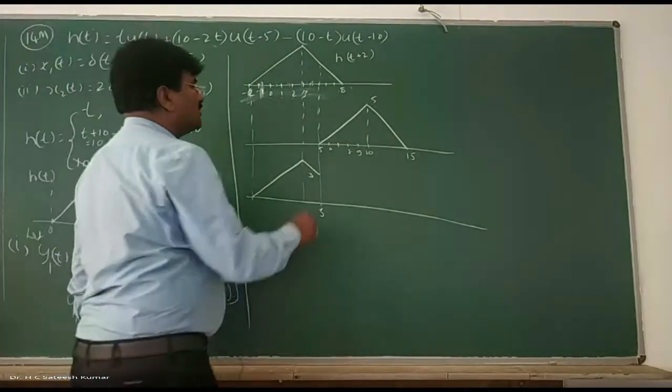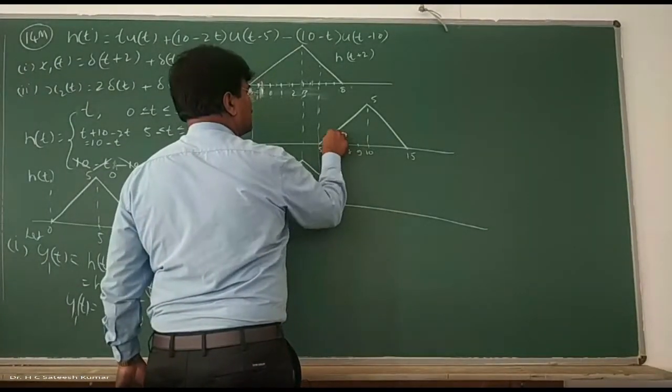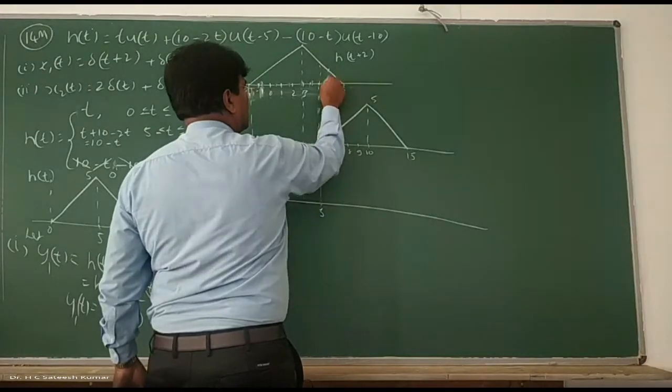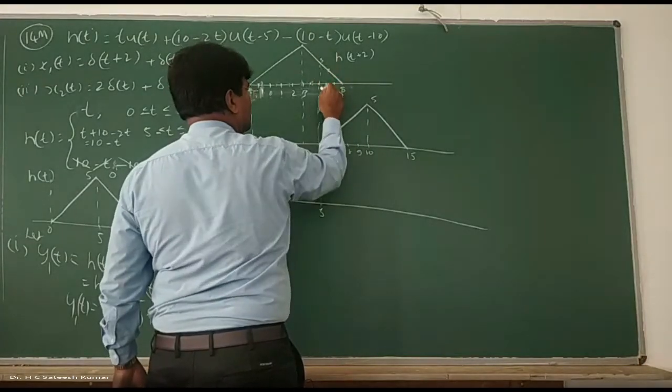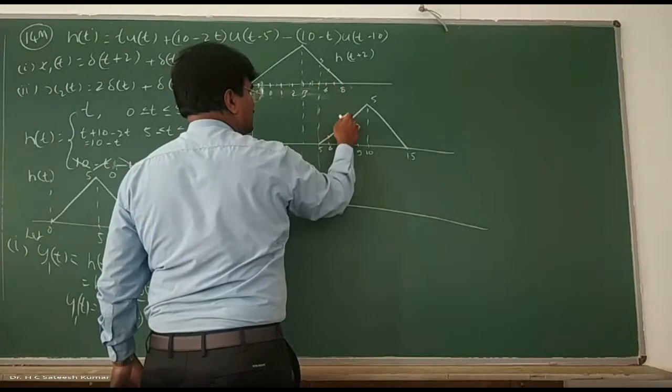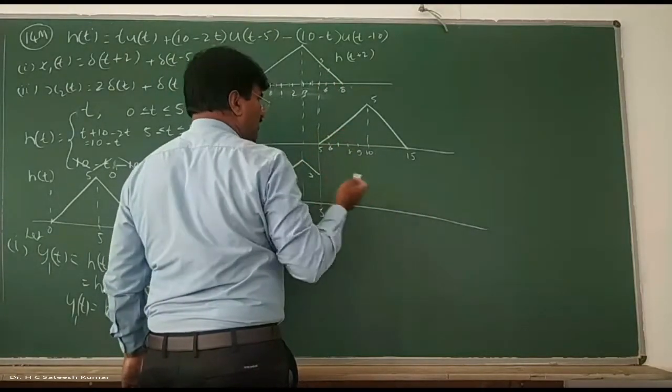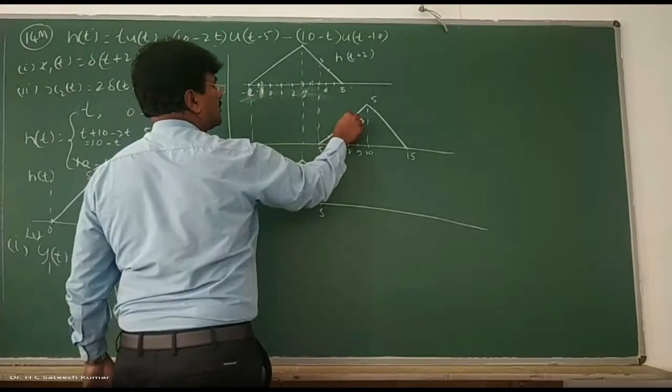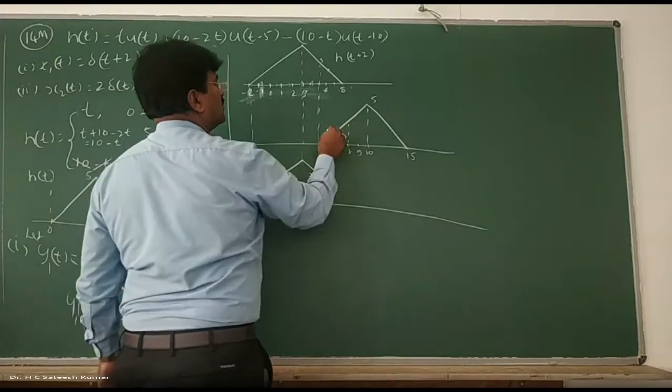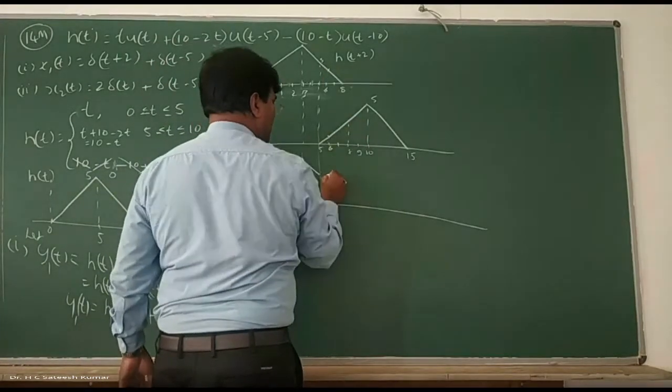Now add these two. Okay, right. At 6, what will happen? This is 3 here. At 6, its value is what? Increase plus decrease is constant. What level is it constant? We shall check it out. Up to this point, it is constant. Now, what is this one? 1 plus 2 is 3 once again.